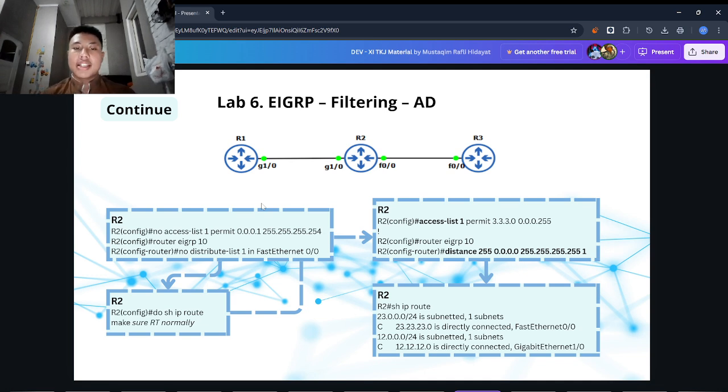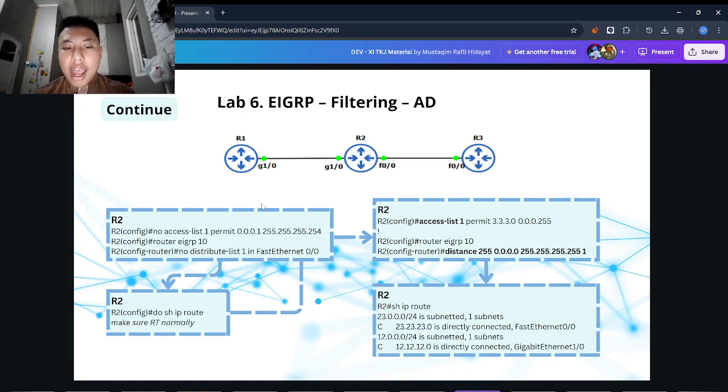The second part is how filtering with AD works. Administrative distance is a value that defines the trustworthiness of a routing source. Default AD values: EIGRP internal is 90, OSPF is 110, RIP is 120, and static route is 1.